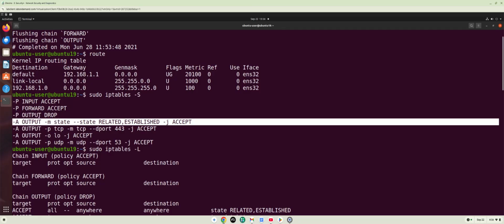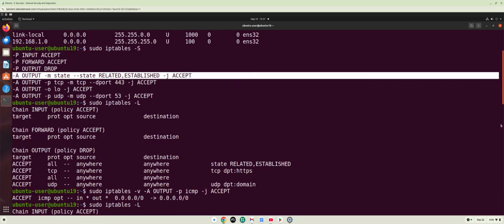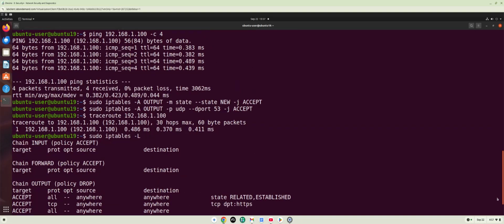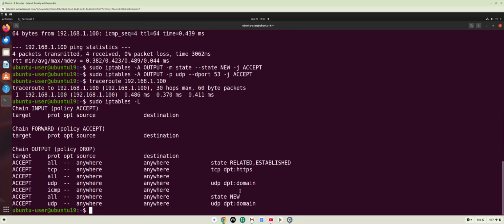This time I'm going to do the inverse of that and say, allow input based on a related or established rule, which I'm going to write for HTTP. Then I'm going to write another one similar to what we did for traceroute, except this time for DNS to allow new connections,